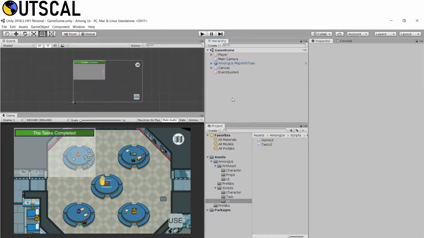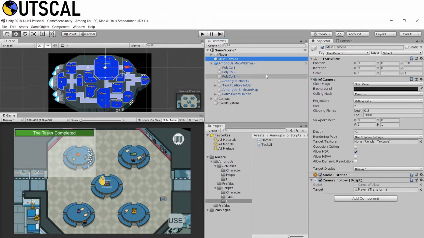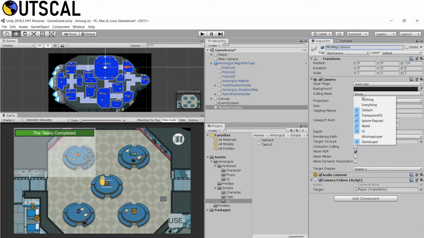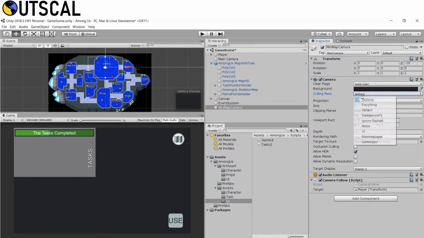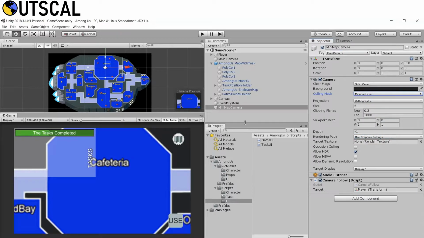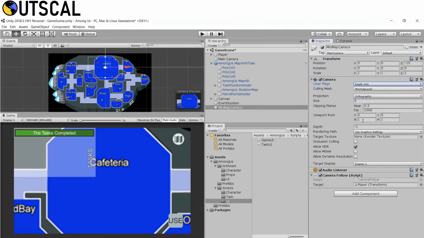So we need to create one more camera which will render all those things. Let's duplicate our main camera and let's call this minimap camera, and here in culling mask let's select nothing, and then let's select the minimap layer. Okay, so now it is showing, and instead of using solid color, use depth only, and depth will be 0.